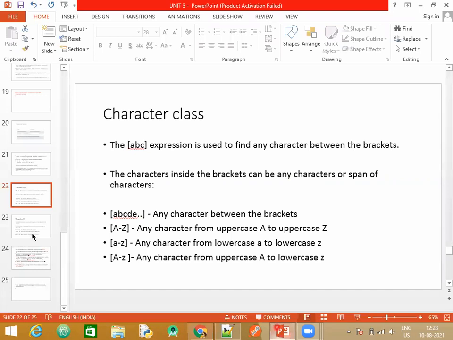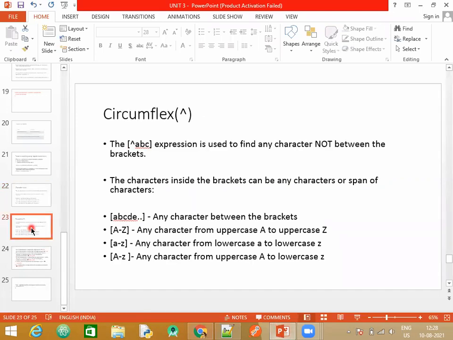Let's have a look at the next one. Remember the names here. It is called a circumflex, or you will call it a caret symbol, which is present on the digit 6. Caret symbol or circumflex. Okay. For pattern matching, you write it as circumflex only. So now this is the opposite of the first one. It negates. You have heard of negation, the not operator. That is the functionality of this. So this expression is used to find any character not between the brackets. Okay. So this convention follows the same. Only thing is you will have to negate it.